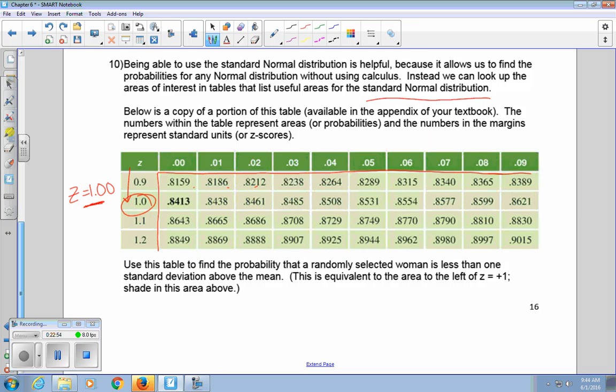And then you can go across the top column here to find the 100th spot to match your z-score. So for us, that's 0, 0. So reading down here and across here, we get to this 0.8413. So it's 84.13% the probability of selecting a woman that's less than